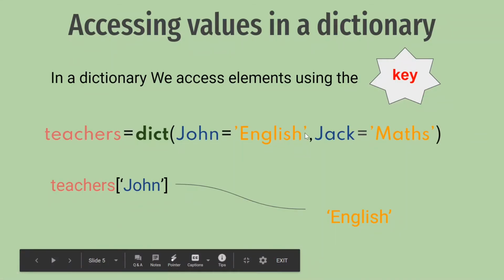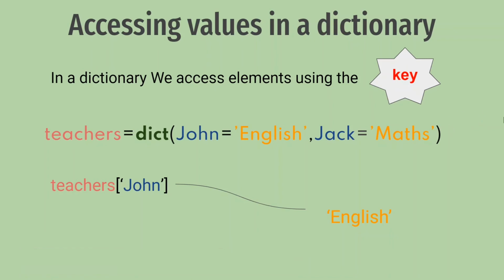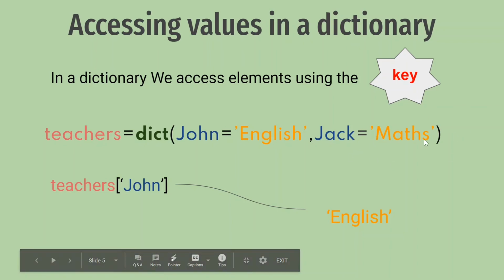Here, if I had Jack equal to maths and suppose I had Jack equal to science, it is not possible, but in case that was allowed, that key can be repeated again, then how will I access this maths? I am using the key to access maths. Now if I put Jack here, I would have maths and it would be having science as well. So there will be a confusion into what value is mapped to which key. So your keys have to be unique.